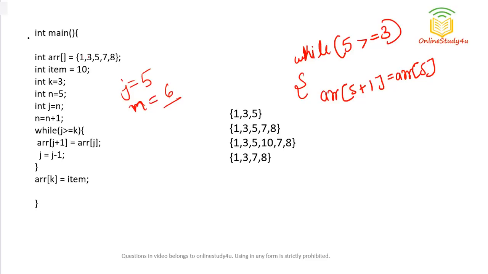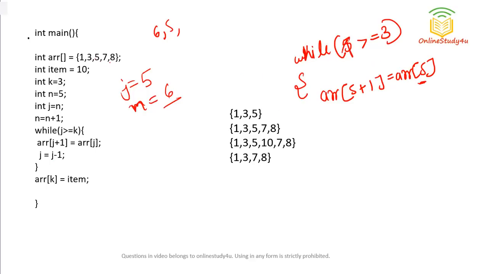Now 0, 1, 2, 3, 4. You can see there is neither a sixth element present nor a fifth element present. So maybe some random value will be there, right? This is what we can make the assumption. Some random value will be there at the sixth and fifth index. So we are saying that whatever random value is there at the fifth index of the given array ARR, just store this to the sixth index as well. Okay, and then we are reducing the value of j. So now j has become 4.